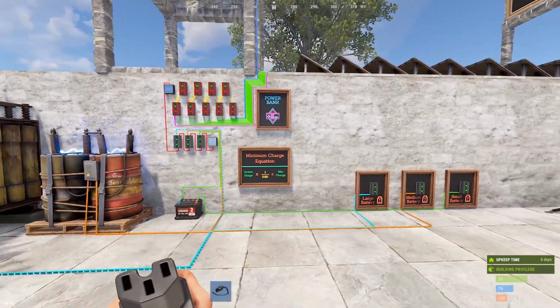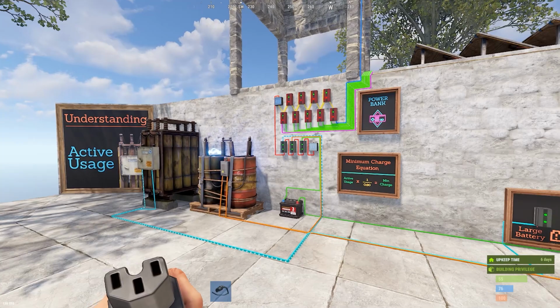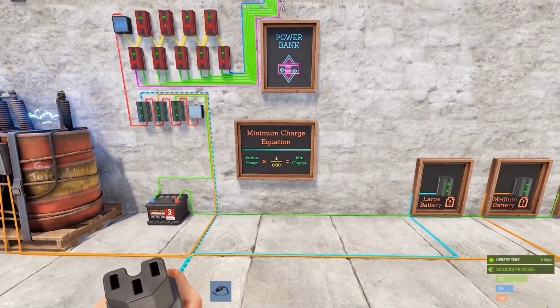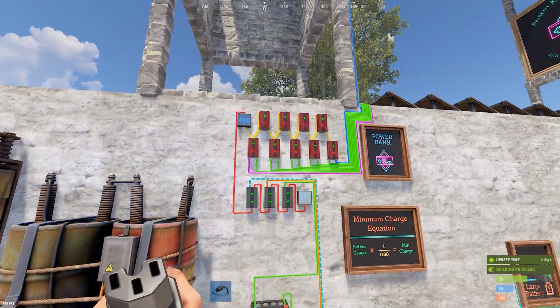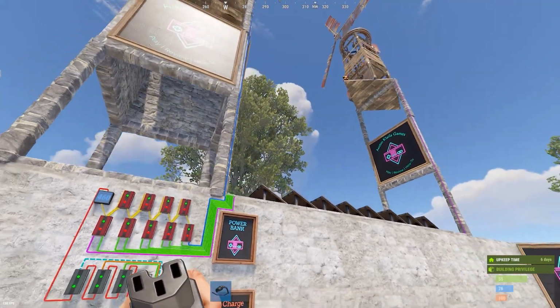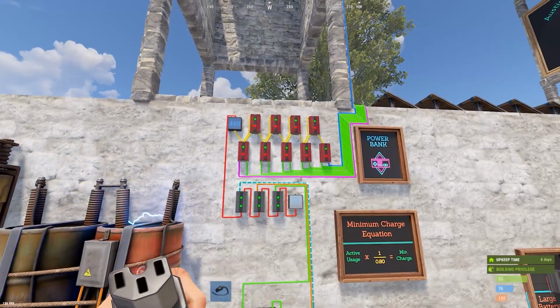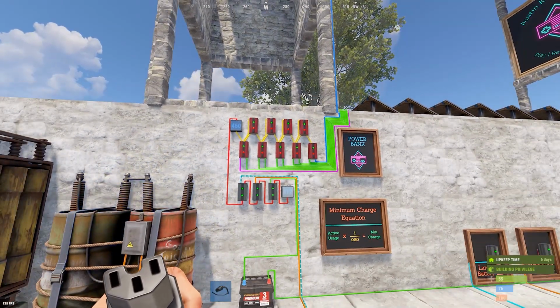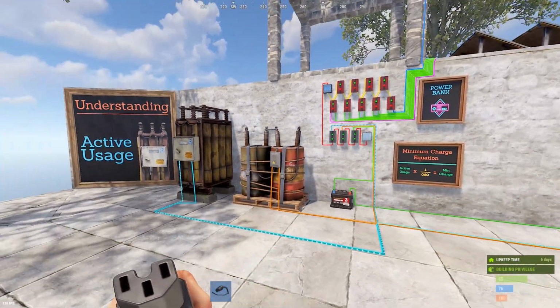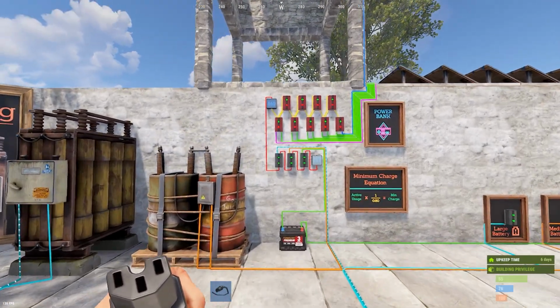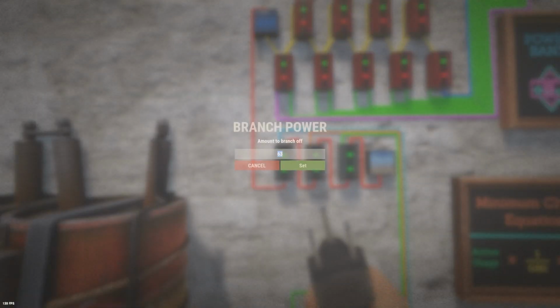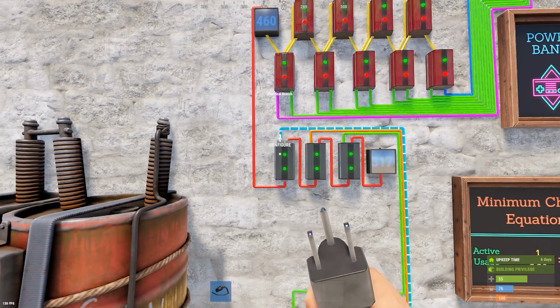So for those of you who want to be super efficient and make sure that everything you're sending is correct, this is the way to do it. You can have some bank surplus of power, there's really no way around it. On an average rust day, modded or not, whatever your server is, from rust dawn to rust dawn, you have to make sure that on average, you send at least 63 rust watts